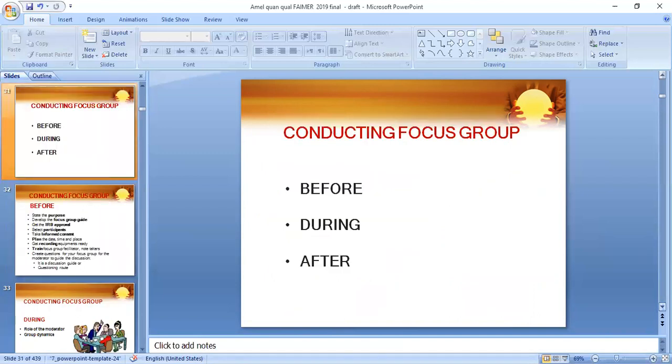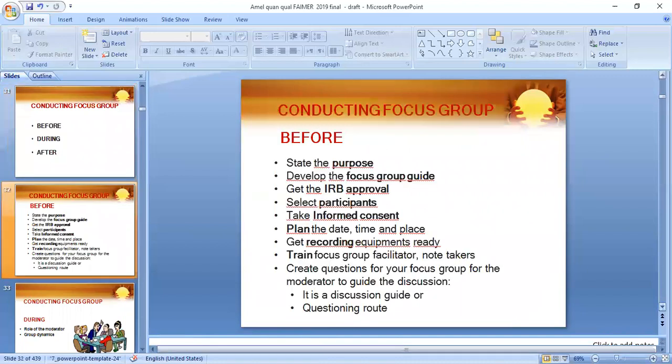So there are some things to do before doing a focus group discussion. Before it, we should state the purpose, why we are going to do this focus group discussion, develop the focus group guide, have an IRB, institutional review board, approval, select the participants, have an informed consent from all participants, plan the date, time and place, get recording equipment, train the focus group facilitator and note taker, and create a set of questions to be asked in